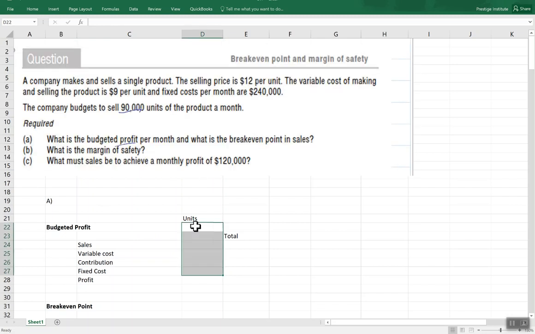If we have units of 90,000, our sales revenue is going to be 12 multiplied by 90,000. Variable cost is going to be 9 multiplied by 90,000. So it will give us a contribution of 270,000. When we minus the fixed cost from it, it gives you